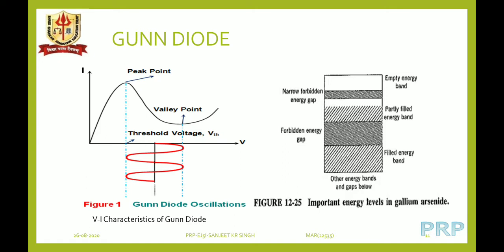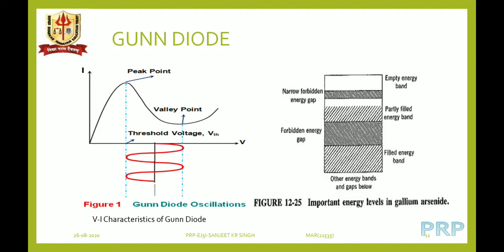So what actually is happening? The working principle of the Gunn diode is a transferred electron device, where the time it takes for the electron to traverse across the thickness of this slice is such that it is 180 degrees out of phase with the applied voltage. The current is 180 degrees out of phase with the applied voltage. So that is the transferred electron effect, the Gunn effect, that will exhibit negative resistance characteristics.